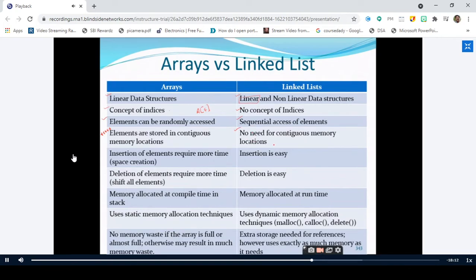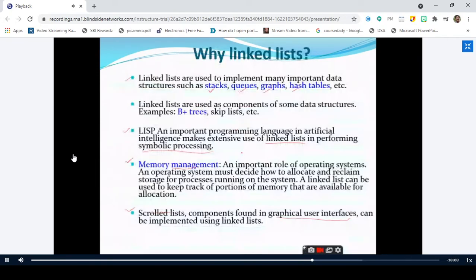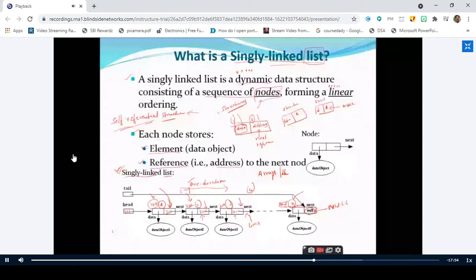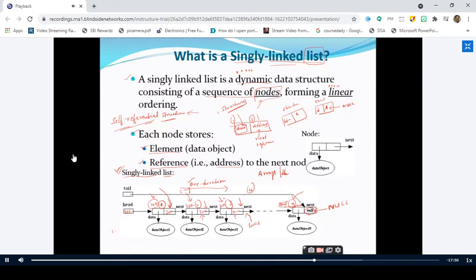For example, in the previous example we have seen here, what is the base address of the first node? 100, sir. What is the base address of the second node? 200, sir. Right. This is just for understanding purposes. What is the base address of the third node? It is 300. You can observe here that I am giving a random value to the addresses of each and every node, even though they are linked to each other.